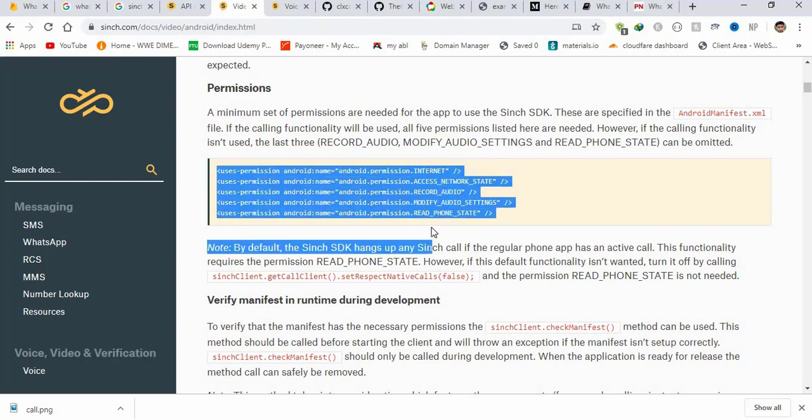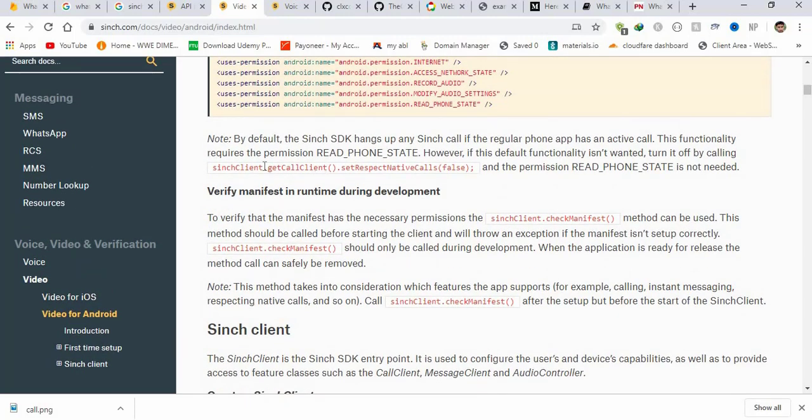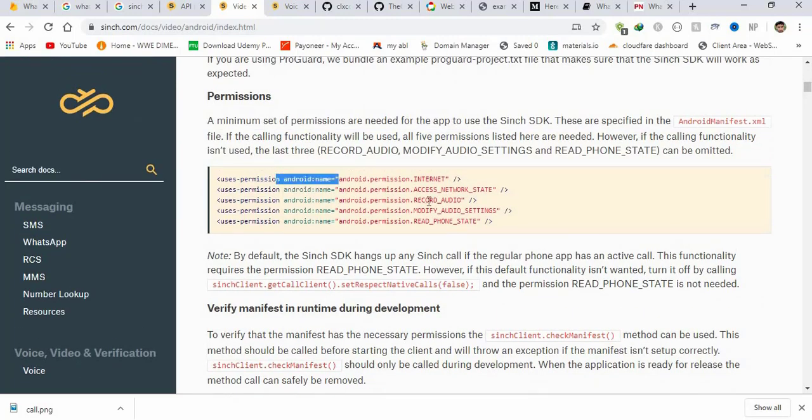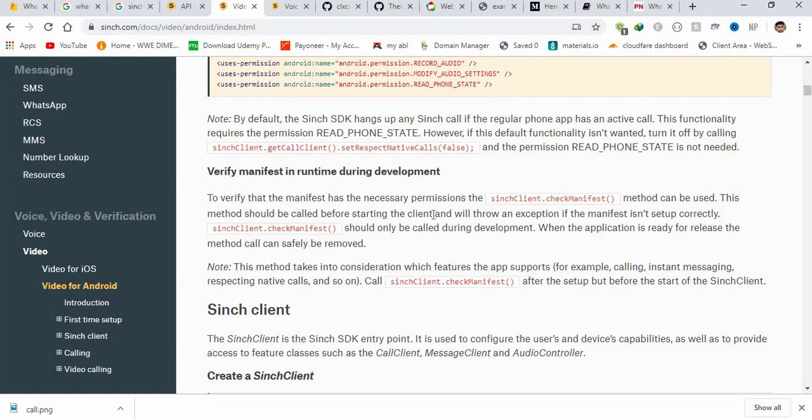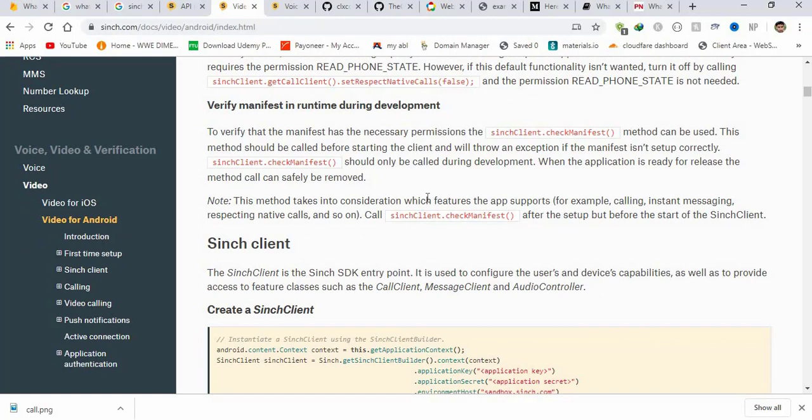Then you need to add permissions to your project, and this is a Sinch client. You need to set respect native calls false, verify manifest. This Sinch.check method can be used before starting the client, so that if the manifest file doesn't contain all these permissions and is not set correctly, then it will throw an exception. So it should be called for safety before